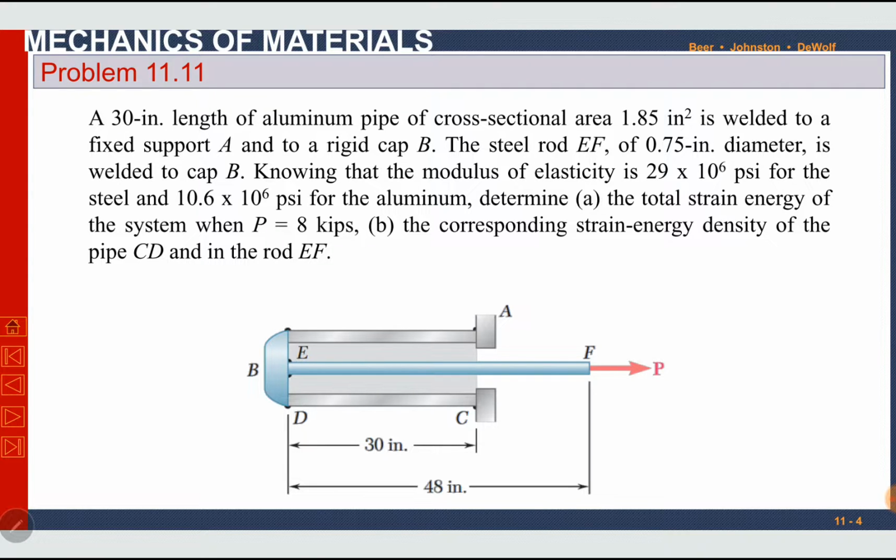This is a bit advanced problem as compared to the previous two problems. Here is an assembly of two pipes. The statement is a 30-inch length of aluminum pipe of cross-section area 1.8 square inch is welded to a fixed support A. Okay, this pipe